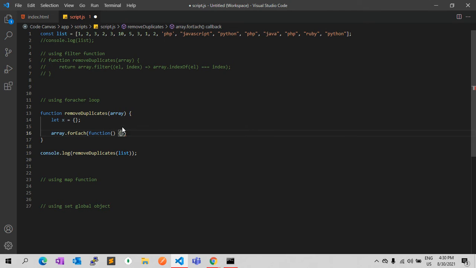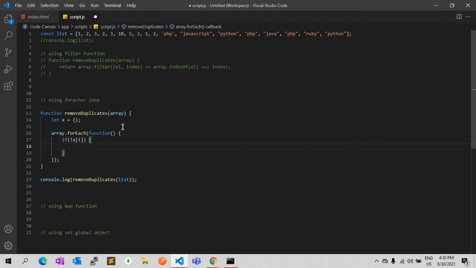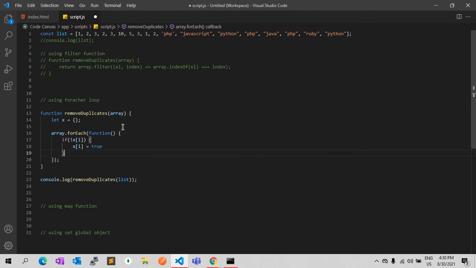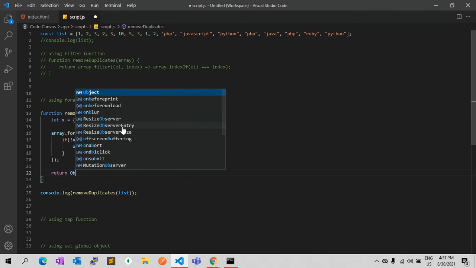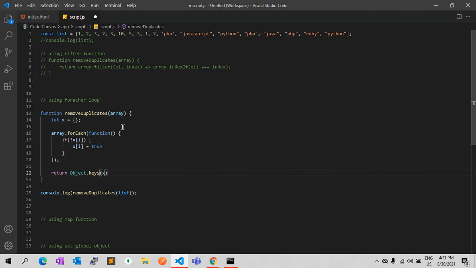In the argument you will have a callback function, and in the callback function you need to check if x of i doesn't exist, then x of i is equal to true, which means the element exists only once, and you can return Object.keys of x.